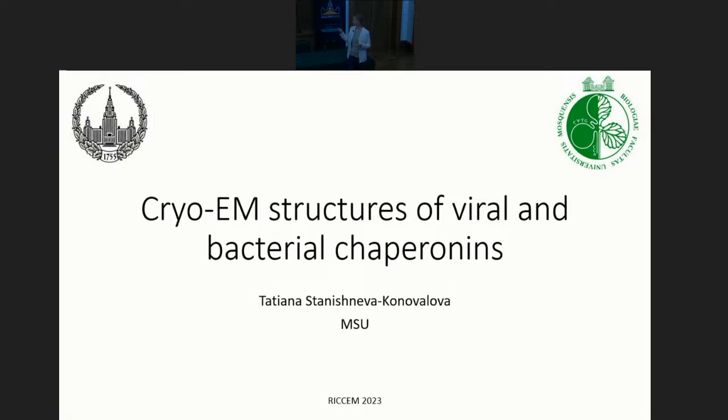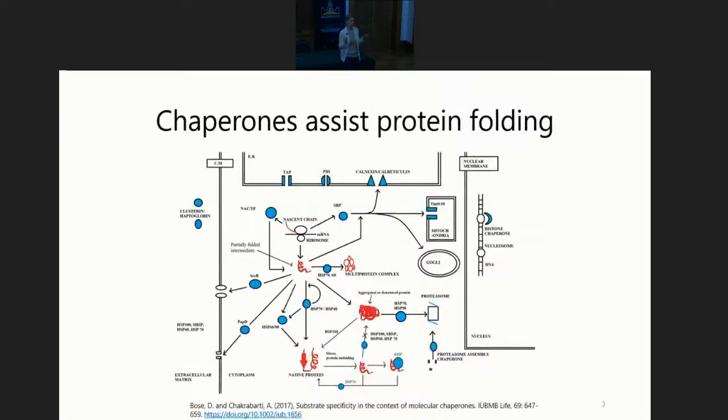Always a nice thing to do. So this is the scheme of a generalized cell. And this is all about protein folding. We all know that it is not enough to just synthesize a new protein chain. You also have to fold it into the native structure for the protein to perform its function. And protein folding has been a long-standing problem, and Professor Shaitan gave us a lecture 2 days ago on that.